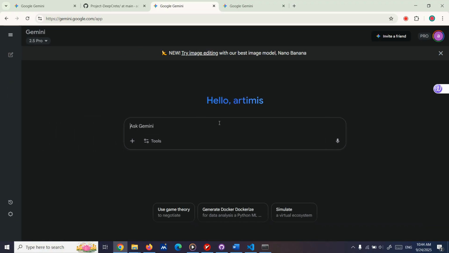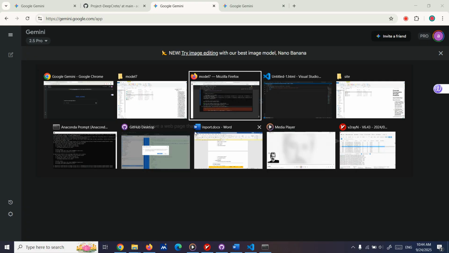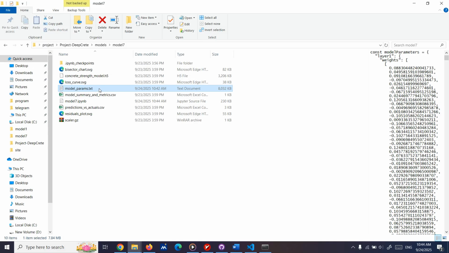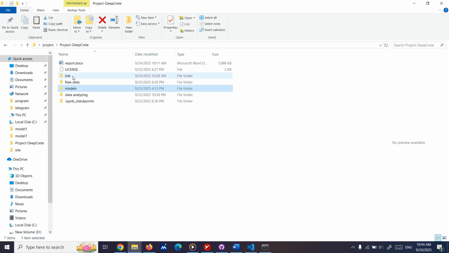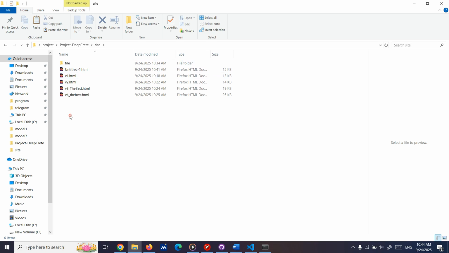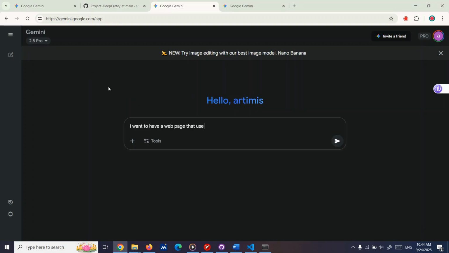Let me start a new chat with this. I want to have a web page that uses... Let me just copy the txt and paste it here in the site, that used the file, this file I gave to you, near the web page I want you to create in the same folder,